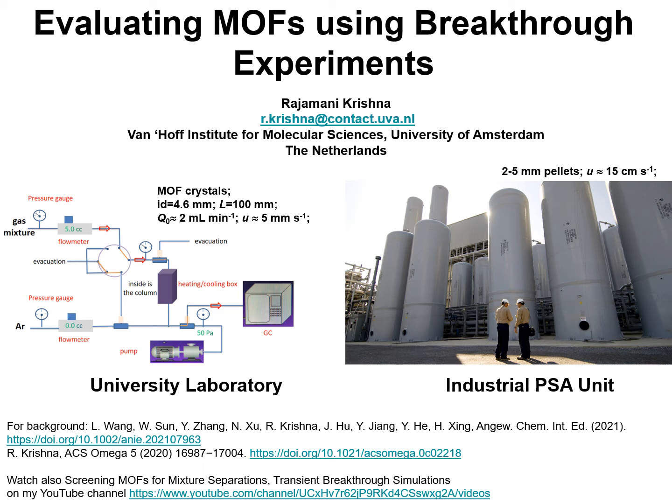There's currently a great deal of research and development on metal organic frameworks for use as adsorbents in separations of a wide variety of mixtures that are important in the process industries. In the publications reporting these developments, it is commonplace to demonstrate the efficacy of the developed MOF for the specified separation application by conducting transient breakthrough experiments in